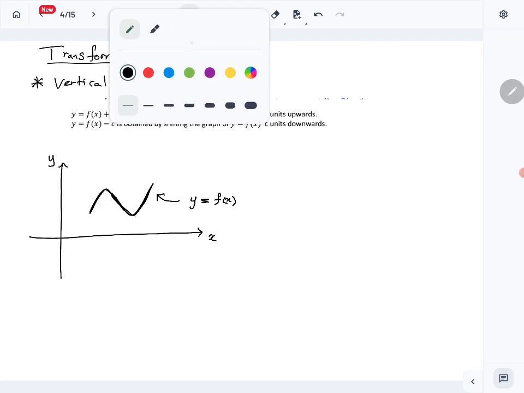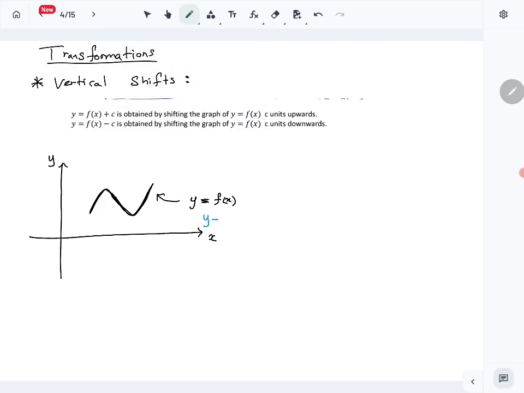what I am going to do is I want to draw y equals f(x) plus c. I just modified this by adding plus c to f(x). So what will happen? So I added c. So I change what? Here I change the output. I added c to the output. So y values change, x values don't change. What will happen here? All the points in this graph, what is happening? Y values all go up by c units. No? So all points